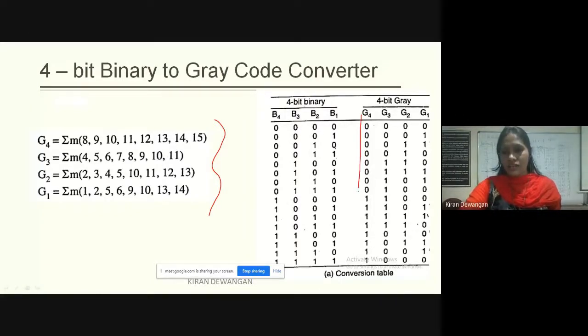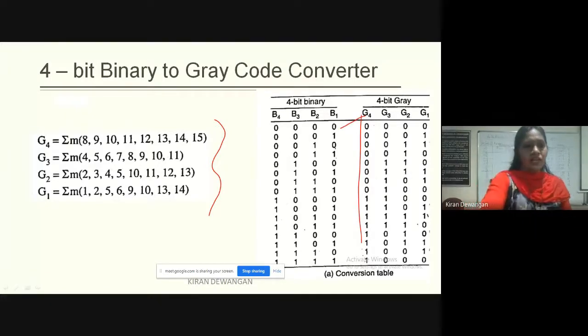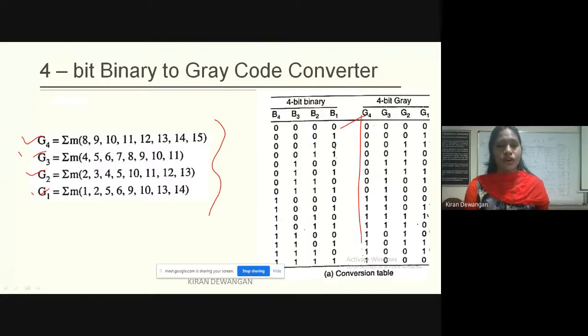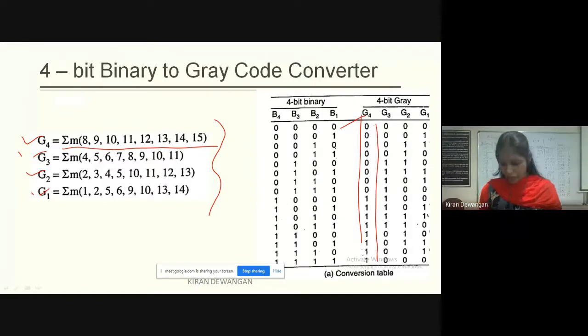This is our gray code for the set of binary. अब हम इसमें G4, G3, G2 और G1 का एक्सप्रेशन लिखेंगे in terms of canonical form. This is our canonical form, summation M, where our G4 is going high. G4 कहाँ पर हाई जा रहा है? It's going high for 1 0 0 0, that is 8, 9, 10, 11 till 15. 15 tak it is completely high.